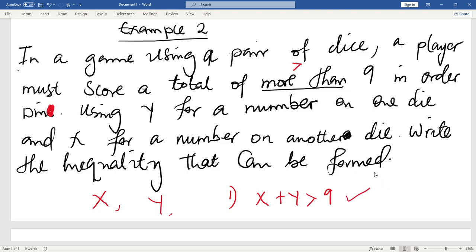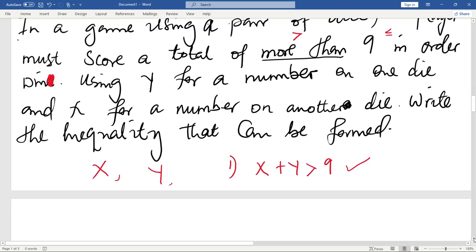What about losing? If we're saying more than 9 to win here, meaning that if you get 9 and below, so that's less than or equal to now. So if you get 9 and below, we're talking about losing here. So the chances that a player loses a game here,